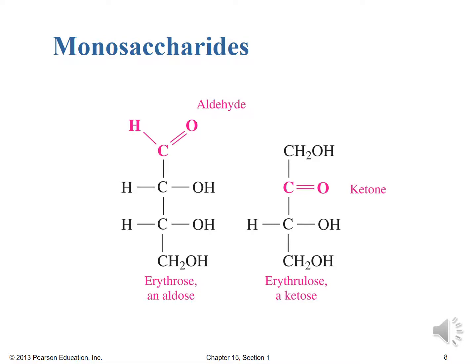And again, we're talking about the straight chain structure, although the ring structures do predominate. So here we see examples of each of those types. In the left-hand case, we have an aldehyde, right? C double bond O with an H on one side and a carbon group on the other side of that carbonyl carbon. And that's erythrose, which is an aldose. Next to it, there's erythrulose, and that now has the carbonyl on the second carbon. So that carbonyl carbon is bonded to two other carbon groups. That's a ketone, and therefore now we have a ketose. So that's how we're able to get these two different types of monosaccharides depending on the functional group where that carbonyl is, whether it's an aldehyde or ketone. Notice that both the aldose and the ketose shown here have plenty of hydroxyl groups throughout the structure.